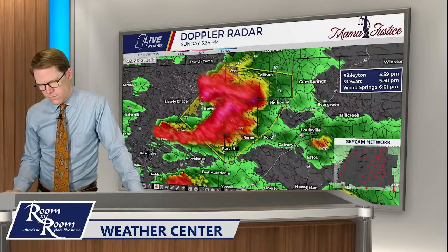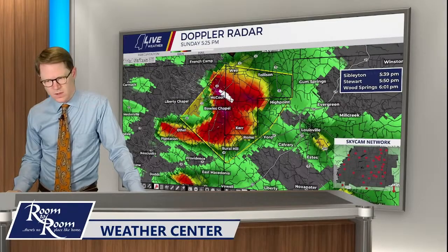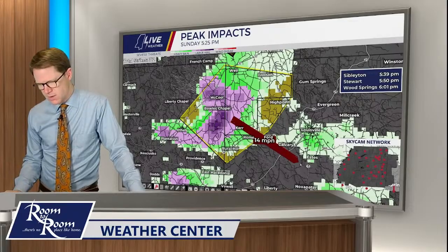Maybe unwinding just a little bit. So I'm going to track kind of the whole hail core on this. Yeah, hail potential is coming down a little bit more, with our instantaneous hail not quite as large as it was just a little bit ago, near Bowie's Chapel and Kerr, where we show it the strongest. So I'm going to use our peak threat here to track